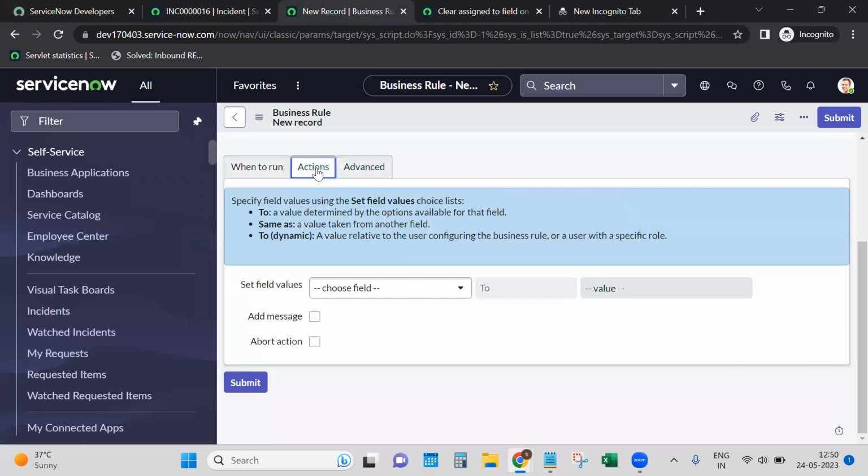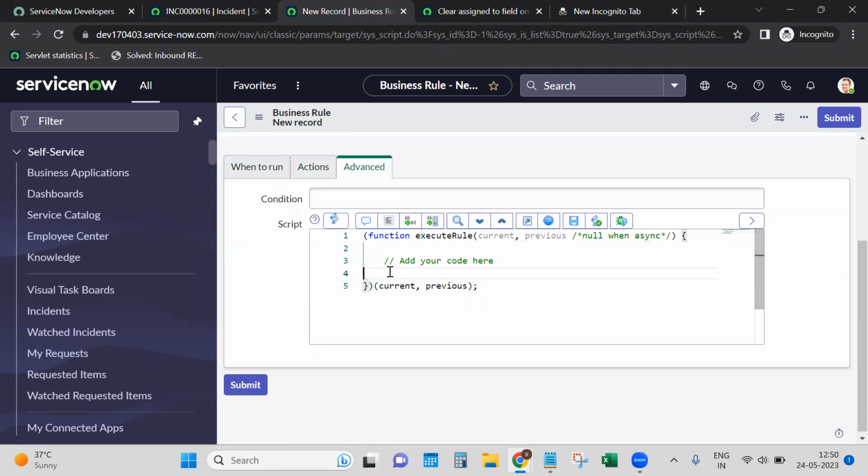And here we can write just a small code. If current.incident_state changes to, I think 6 is the integer value for resolved. You may check if it's different, you can modify it. So in that case,